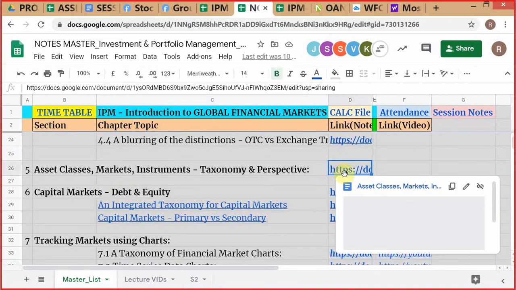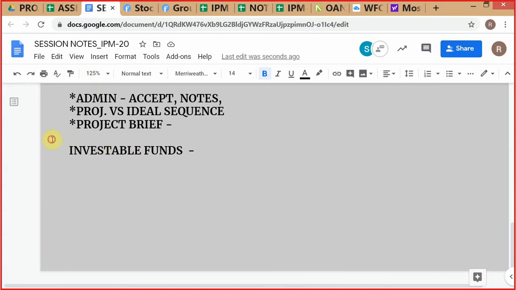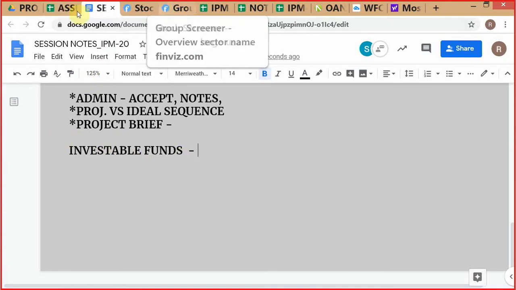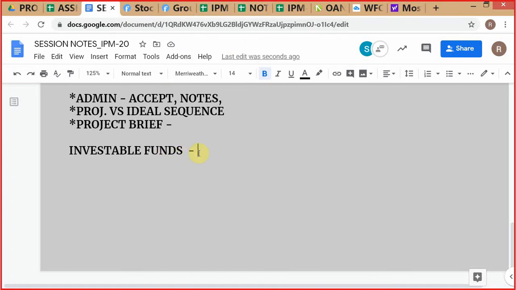Perhaps you could read this note later on after the class. I'll give you a very quick rundown. What we are covering is basically this part: the asset classes, markets, and instruments at this point of time. So when you're given a set of investable funds by an investor and told, invest this money for me,